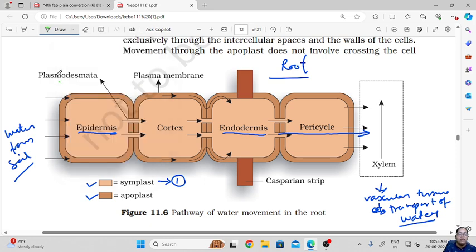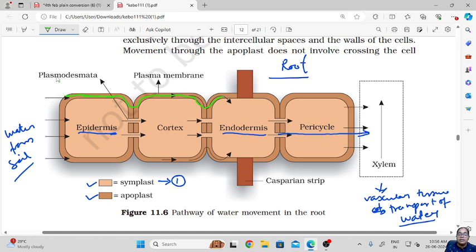Now let us see how the apoplastic pathway works. So the apoplastic pathway is basically represented by the dark brown color. So apoplastic movement occurs through the outer non-living parts of the cell. That is, this is what now? This is the cell membrane, that is the plasma membrane. So water will not enter inside the epidermis, but it will travel through the plasma membrane like this,